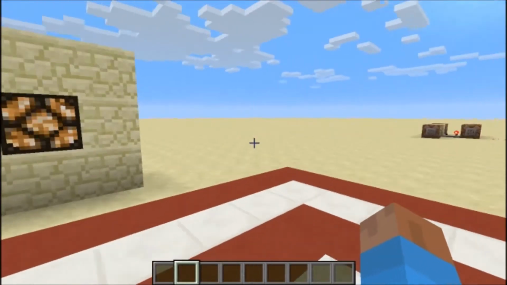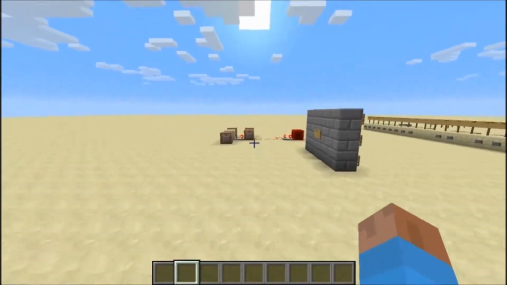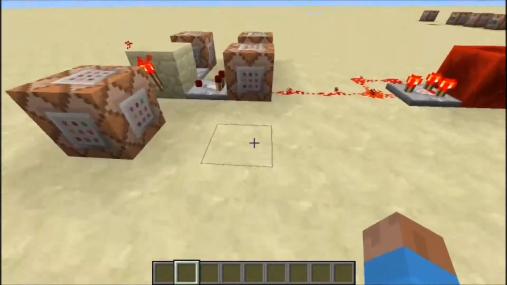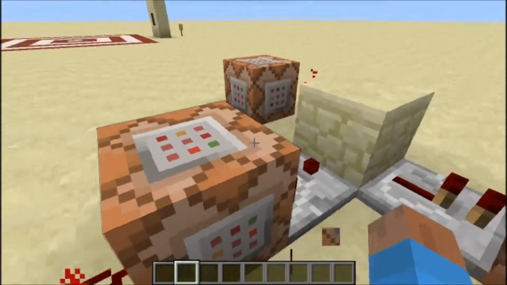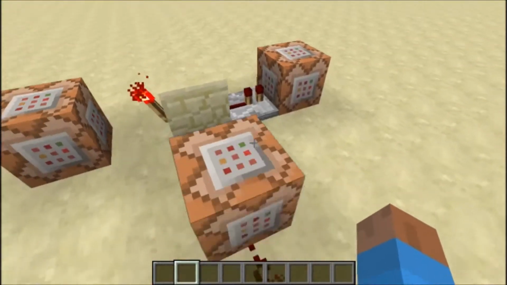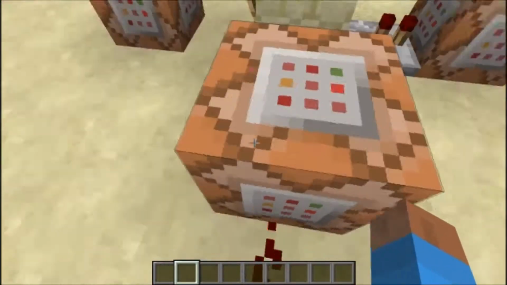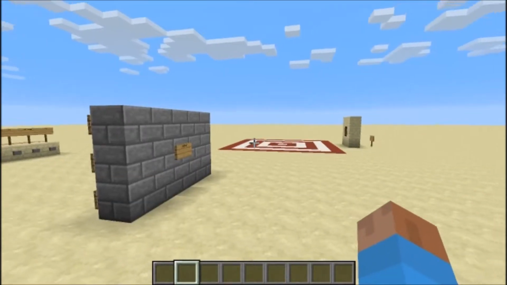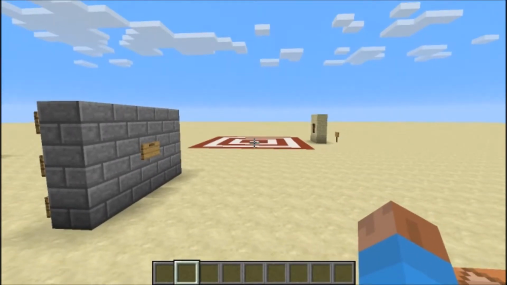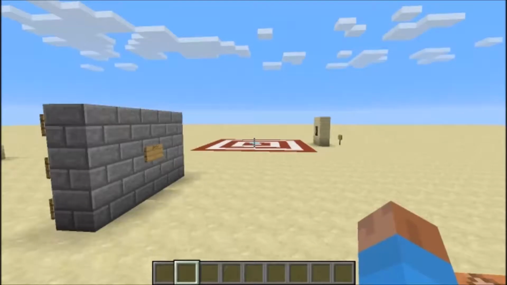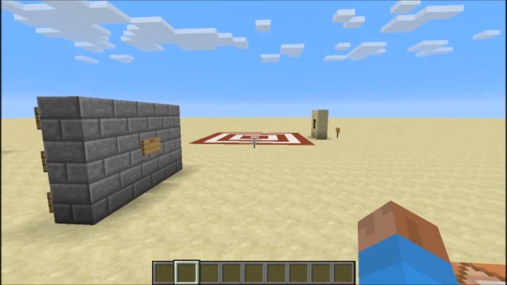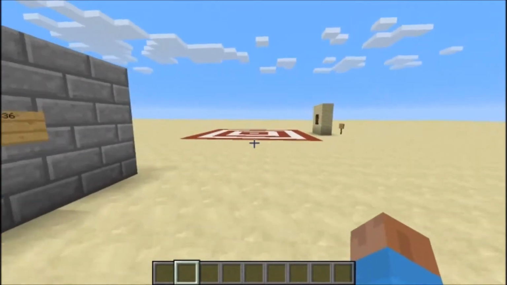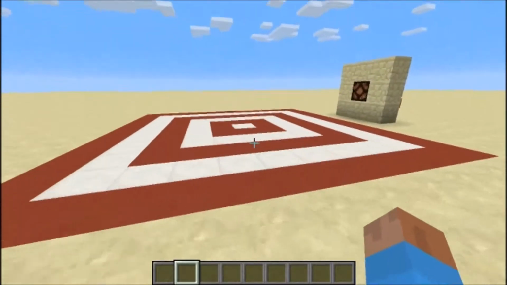But the way this works is it's basically hooked up to this system over here. These two blocks aren't important. I was just kind of experimenting with something. And the way it works is this first block tests for a player within 5 blocks of the middle of that bullseye area. So anytime a player gets within 5 blocks of there,